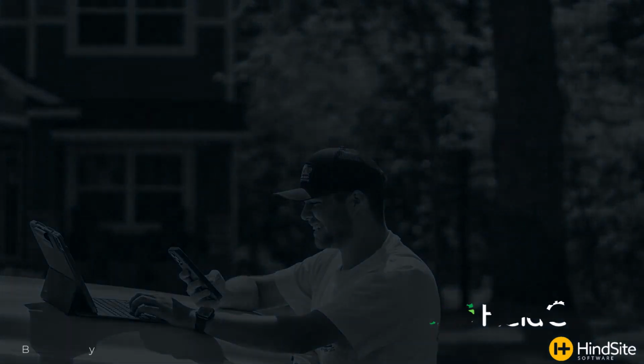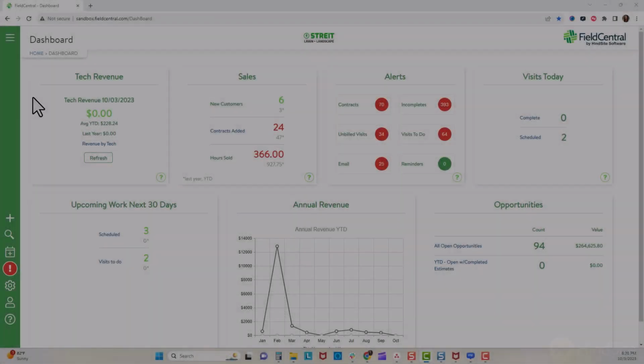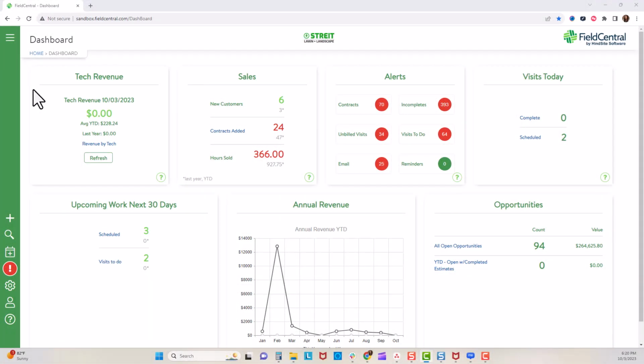Welcome! In this video, we will cover how you would locate approved estimates which have been converted into contracts and their associated work to-dos. Remember, estimates are made up of work to-dos. When an estimate is approved, those work to-dos are converted into visits to do. Knowing where to go in order to access these visits to do is just the first step in managing these contracted services for your customer.